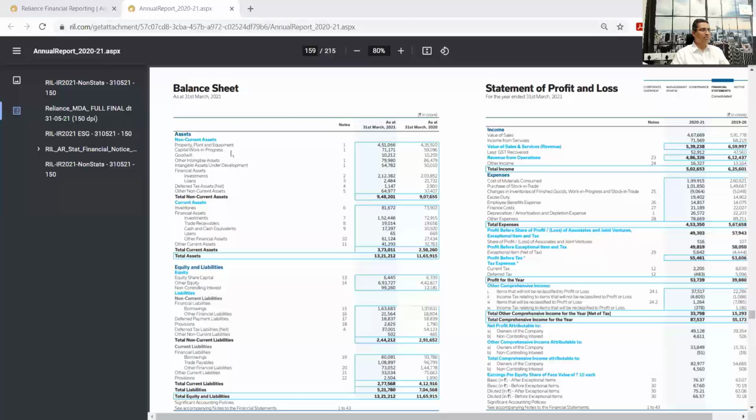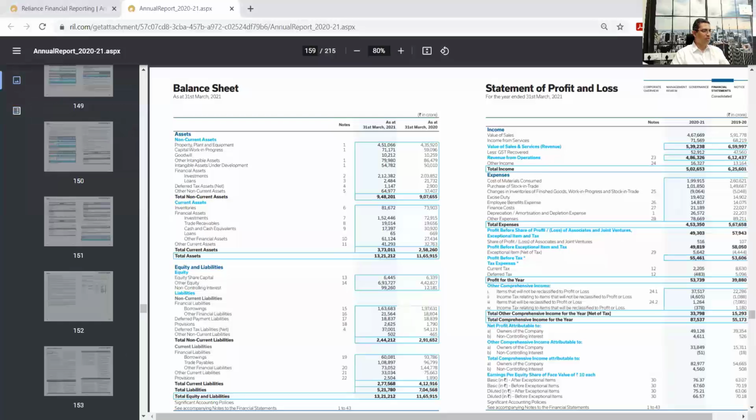So implementation is how do I use that statement, because when you look at any statement, for example, I'm going to show you the balance sheet of Reliance Industries. This balance sheet is more than 500, 600 pages. And what I'll be showing you here is the profit and loss and the balance sheet of Reliance Industries as a group. So all these terminologies like non-current assets, property, goodwill, then your financial assets, investments, current liabilities, then your different